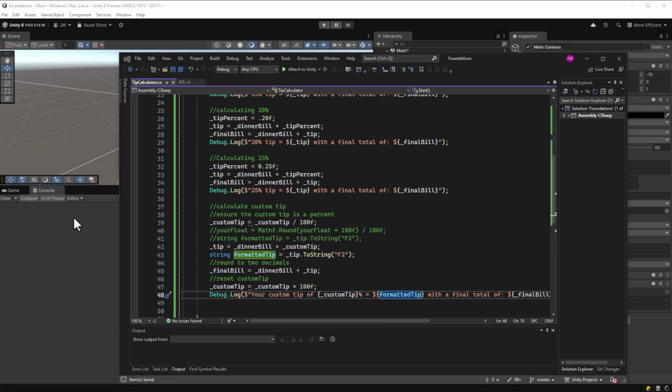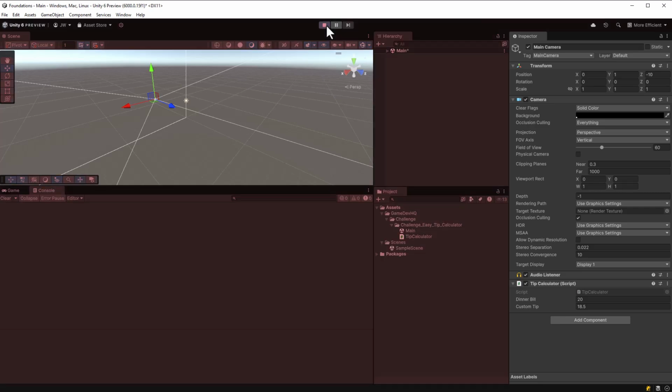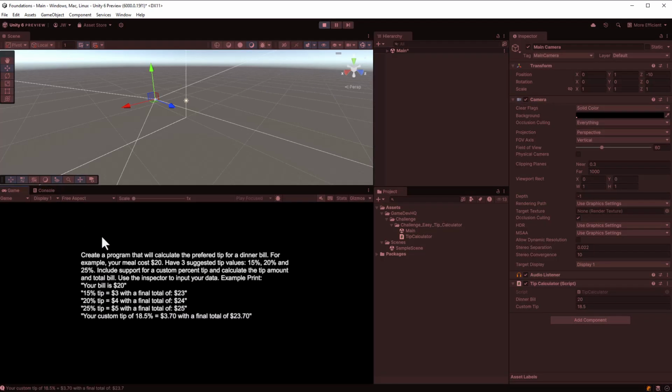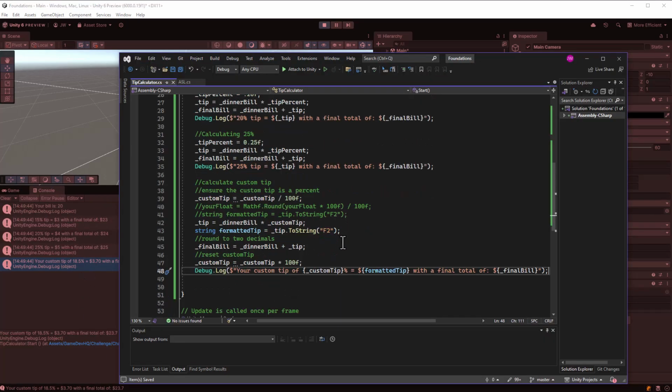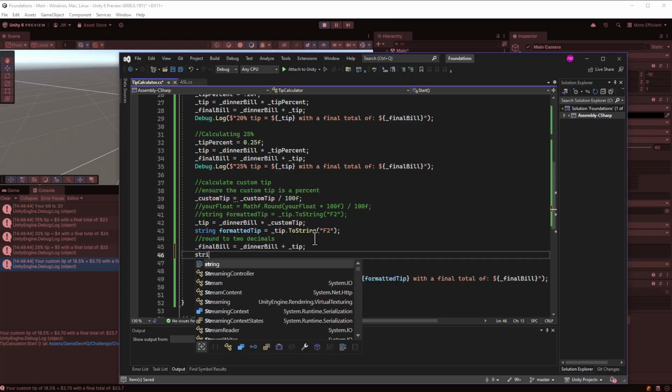Go back into Unity here. Test it out. And we now see $3.70 with a final total of 23.7, which means we also need to format the final bill. And so here, after we calculate the final bill, we're just going to go ahead and create another string